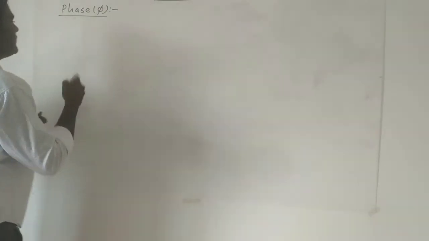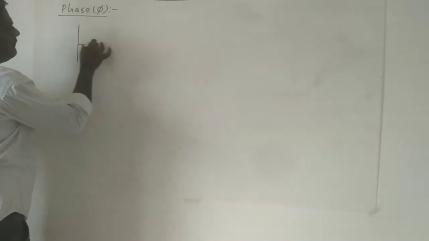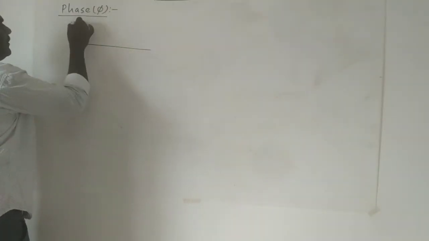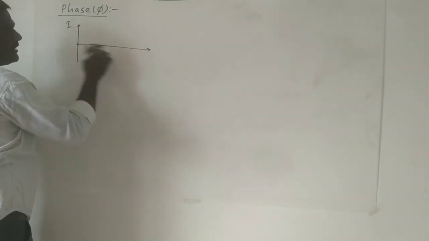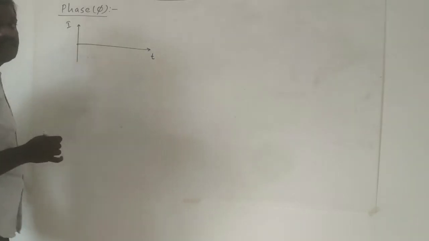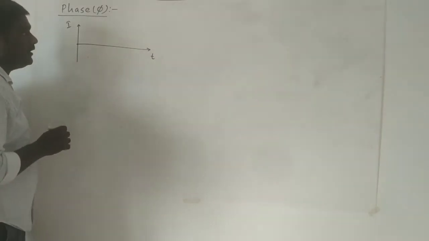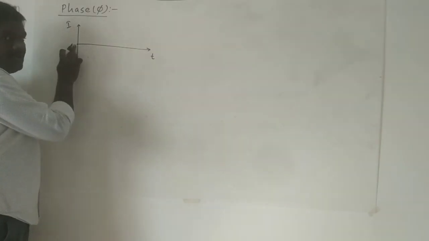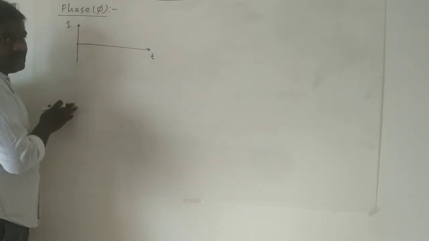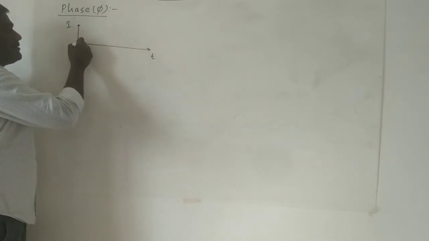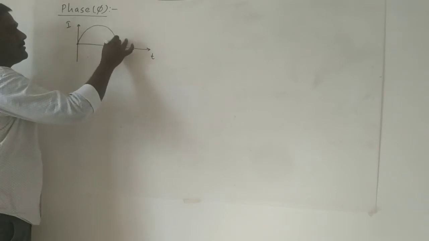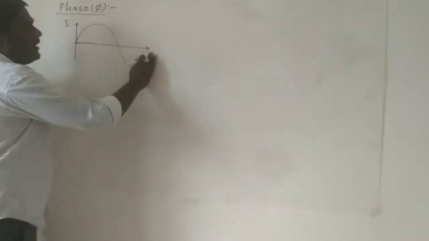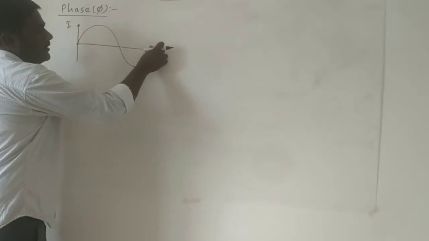So you can draw it like this. Draw a sine wave. Now here I'll take the y-axis as current and the x-axis as time. When time t is equal to 0, no event can be traced. When time started, the current also will start moving from 0 in the positive direction like this. Assume the current made one complete cycle.